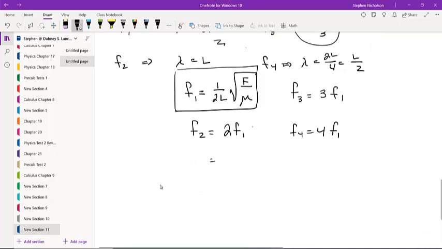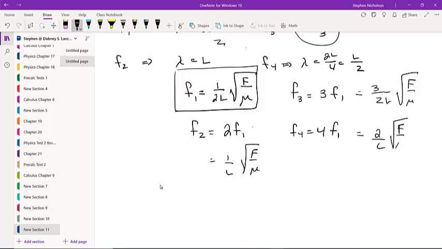If we did it directly, you'd have 2 times this, so it'd become 1 over L times the square root of F over mu, and then this one would become 3 over 2L square root of F over mu, and here you would have 2 over L square root of F over mu. So you could rewrite these in terms of the tension and the mass per unit length, but I